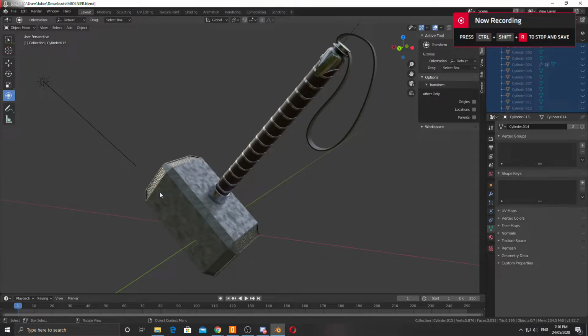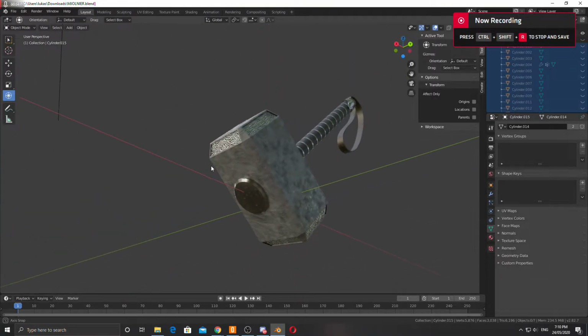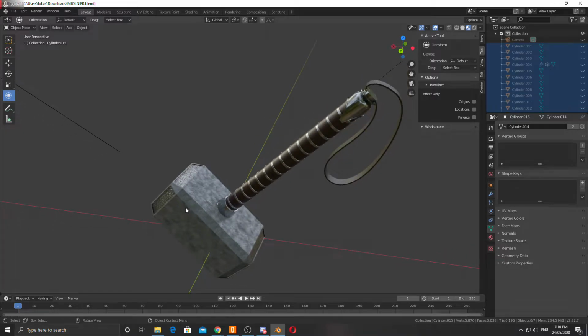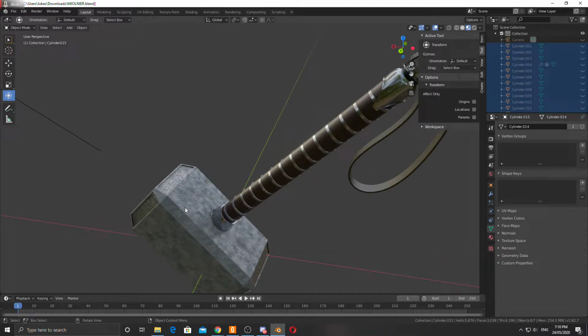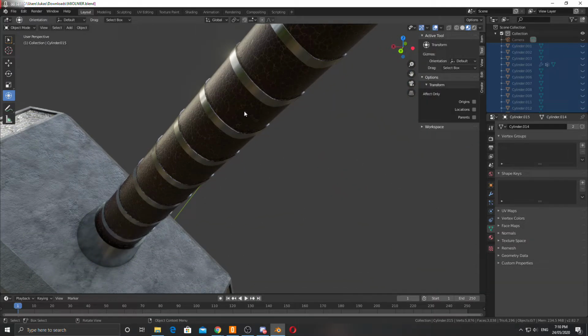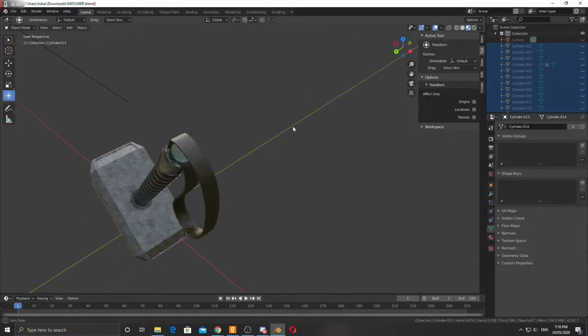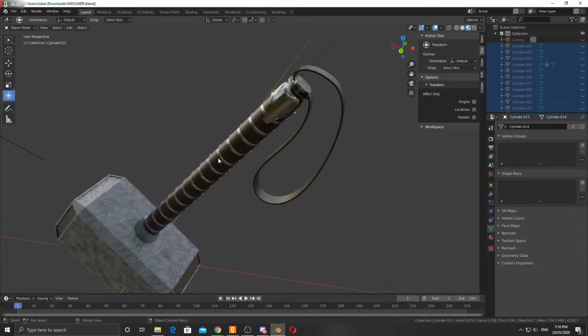In this series, we're going to take a look at creating this hammer here. We're going to use procedural and texture painting. So we're going to create some materials using the Blender nodes, and we'll look at creating this kind of leather pattern in here. And on the strap, we'll look at using the metallic